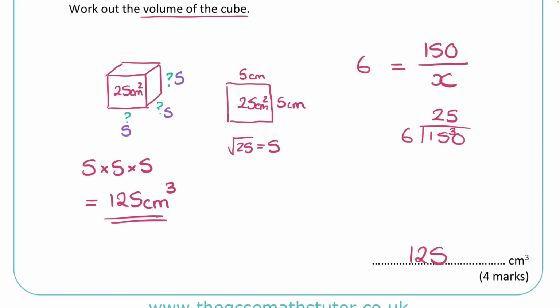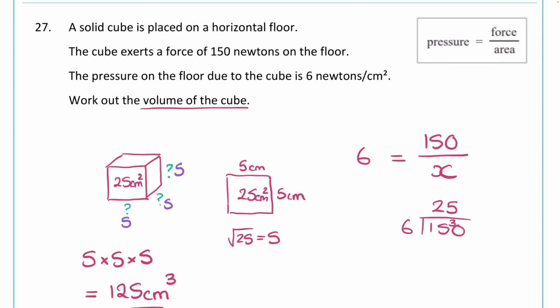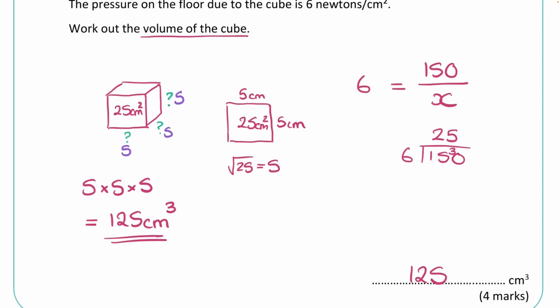125 centimetres cubed. Quite a tricky question there, because you've got a rearrangement of the pressure formula to work out what the area was, and then that was leading into sort of reverse volume of a cube there, giving you the area of the face and working backwards to find the side length of the cube. So definitely a tricky question, definitely one to be having a good think of there in regards to sort of